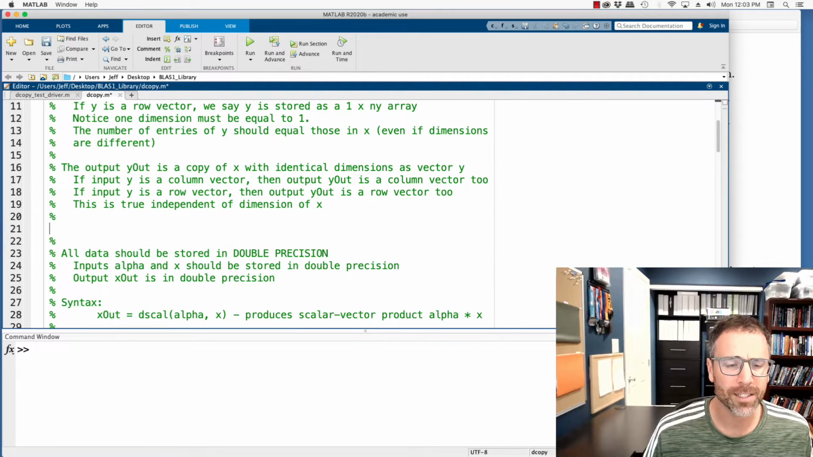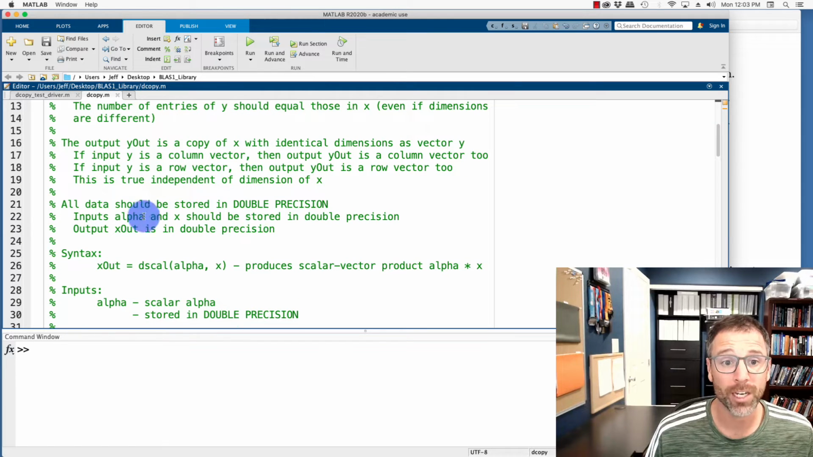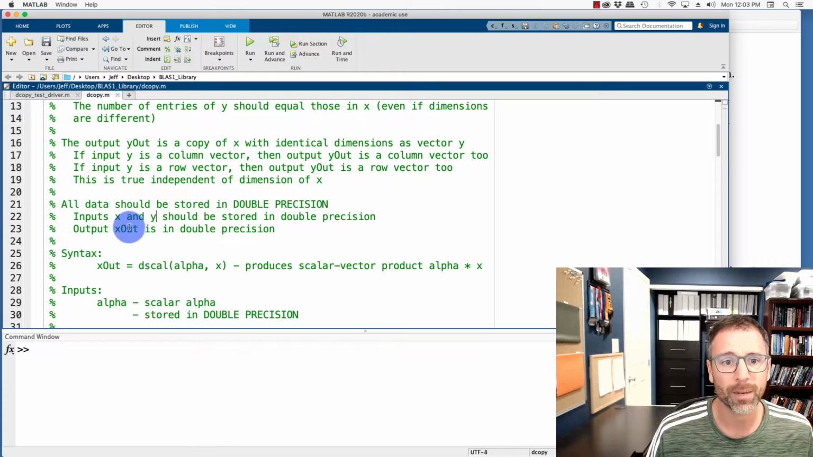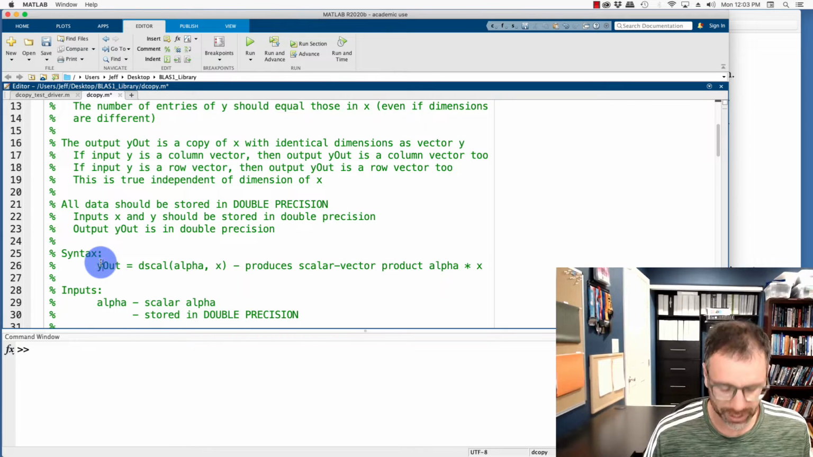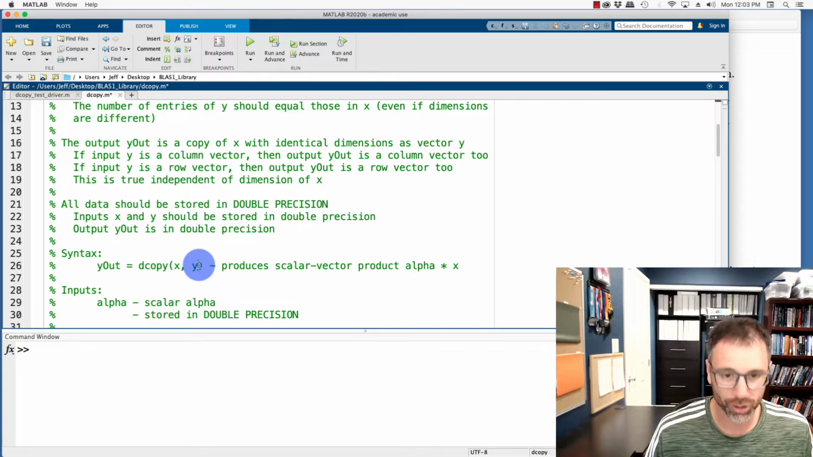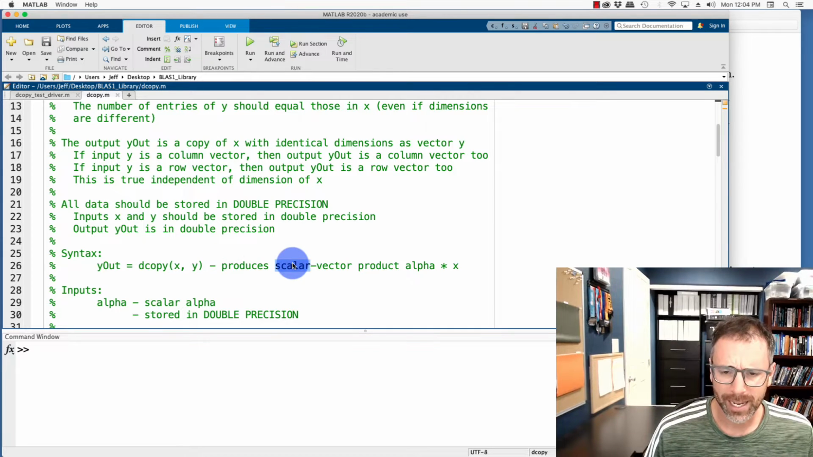We don't need this. This is an edit of our previous work. All data should be stored as double precision. Inputs x and y should be in double precision, and then y out should be in double precision. And of course, the syntax that we're going to use is going to be dcopy. Again, all we're doing here is making sure that one works out to the other. This produces a